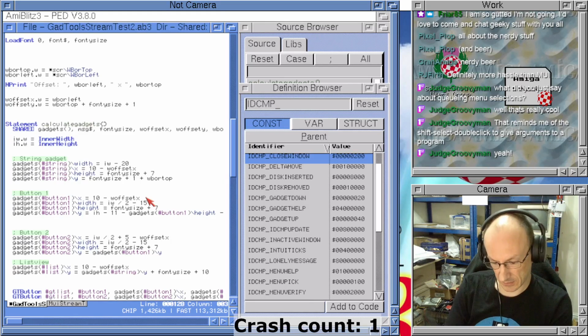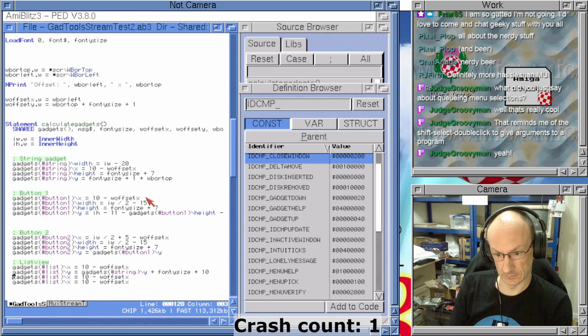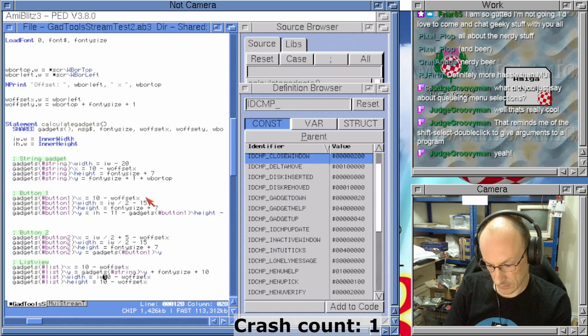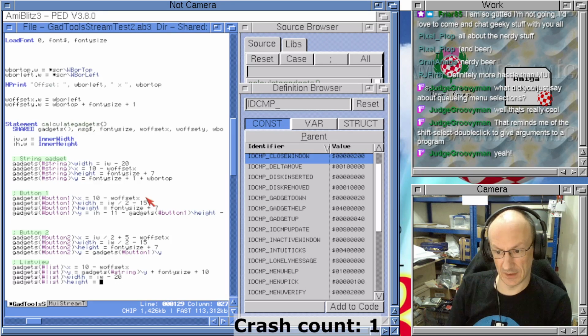And then width and height. So the width will be the same as inner width minus 20, and the height will be, let's say,